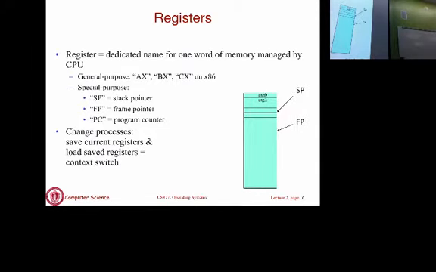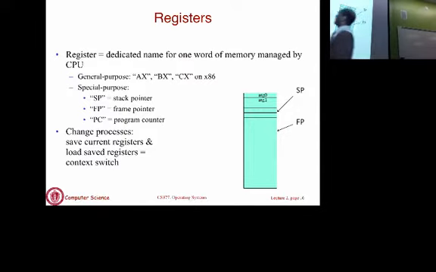Now let's talk a little bit about registers. As I said, there are different kinds of memory on the machine. We talked about RAM, but there are others, there are registers and caches. We'll look at that in a little more detail. We'll assume that a register is a one-word piece of memory that's very fast that a process has access to. Typical CPUs will have a set of registers of different kinds. There are general purpose registers that the process can use for any purpose, to store any variable. There are special registers such as a stack pointer and instruction pointer and so on.